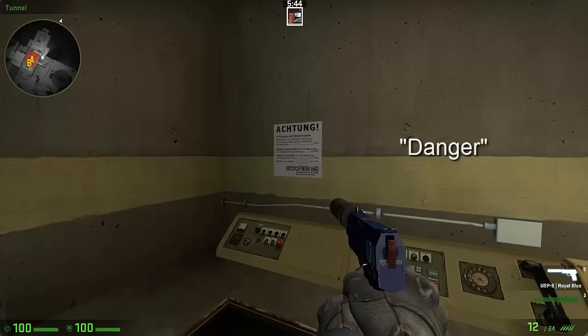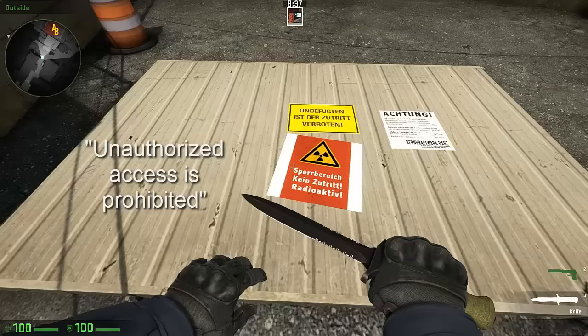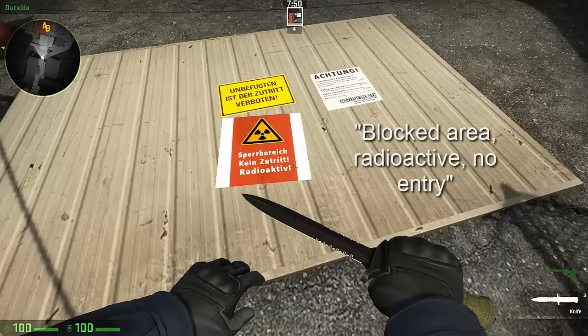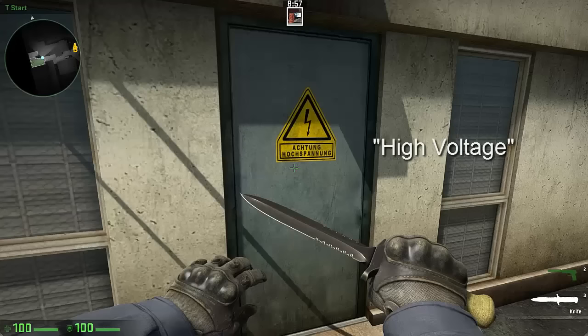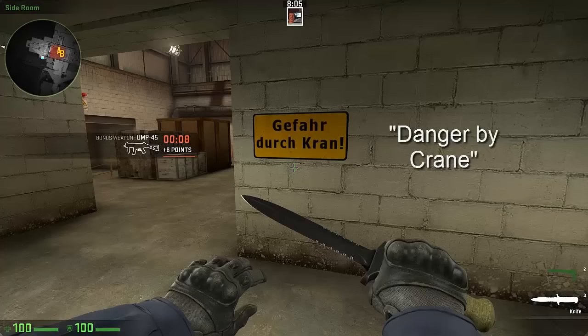Achtung, danger. Unbefugten ist der Zutritt verboten, unauthorized access is prohibited. Sperrgebiet kein Zutritt radioactive, blocked area, radioactive, no entry. Kontrollbereich radioactive, control area, radioactive. Achtung, Hochspannung, high voltage. Gefahr durch Kran,